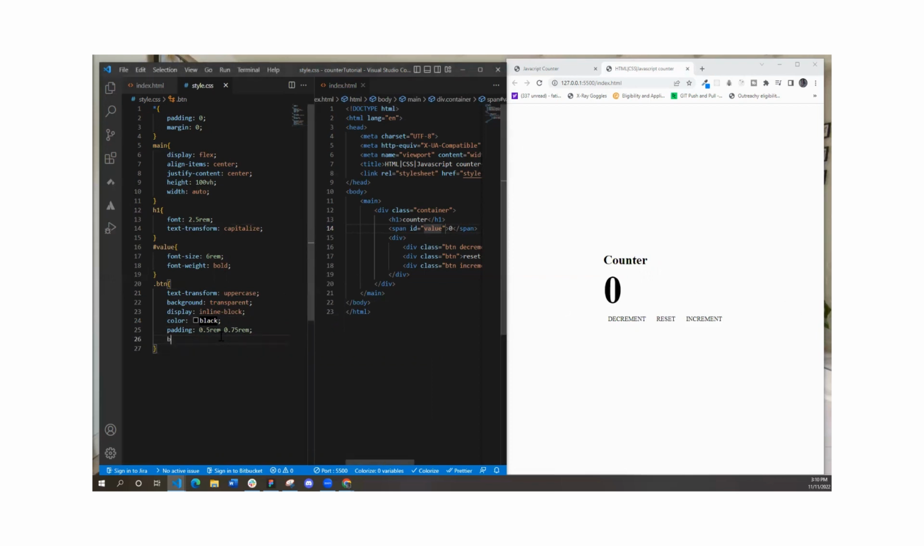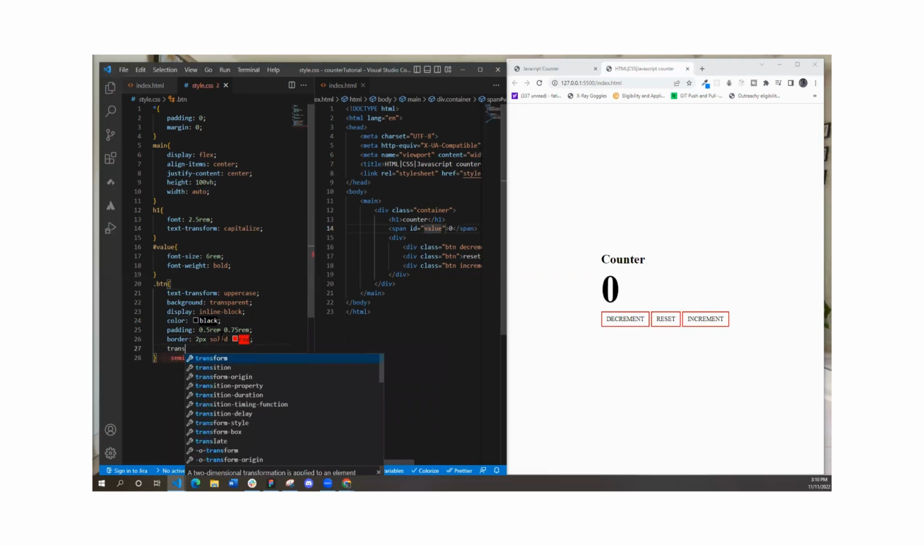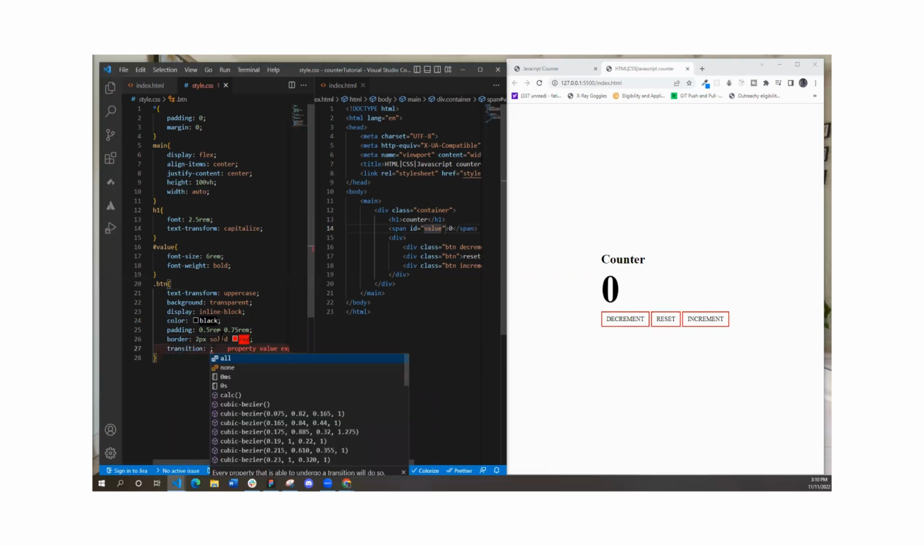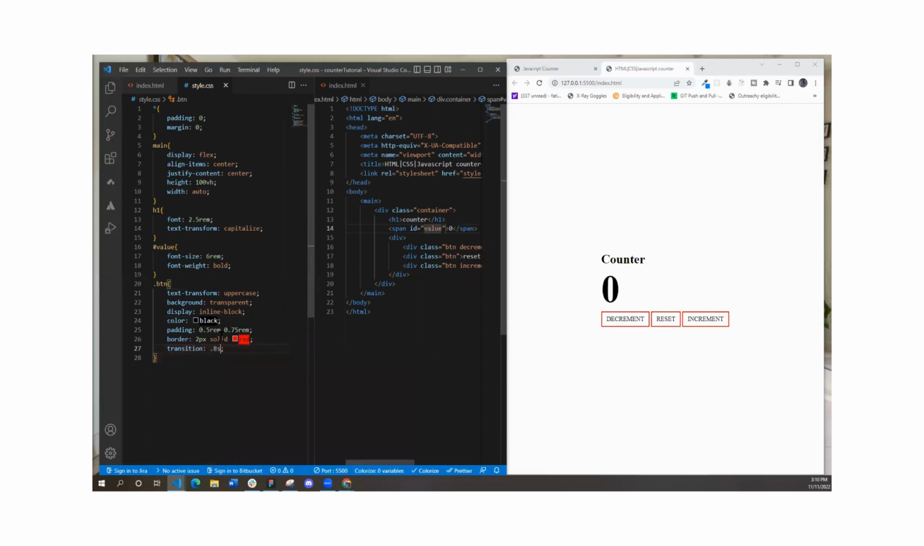So we have to give it a border with a border of 2 pixel solid red. I want to do a little bit of animation, so I'll give it a transition of 0.8 seconds. Yeah, so that's the animation. Then do a box shadow